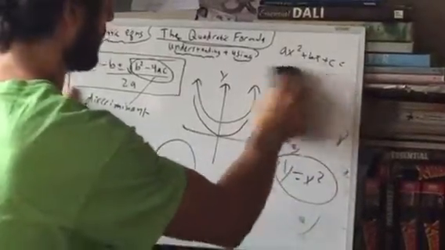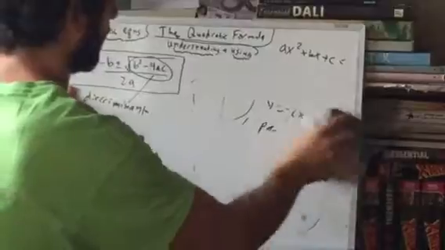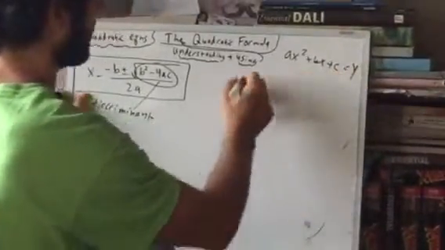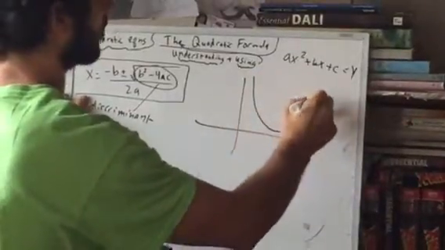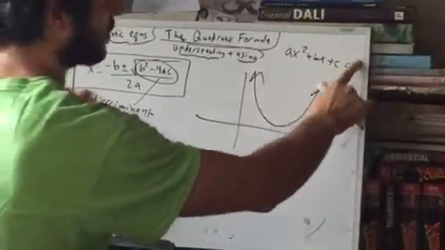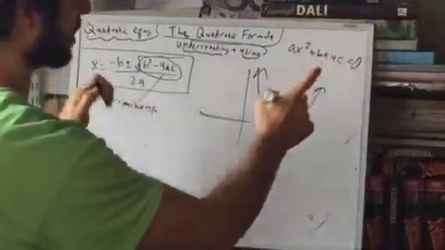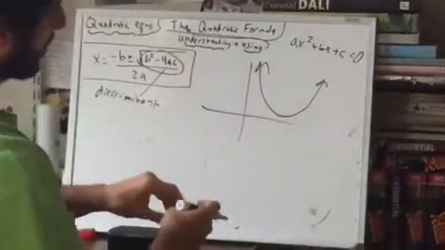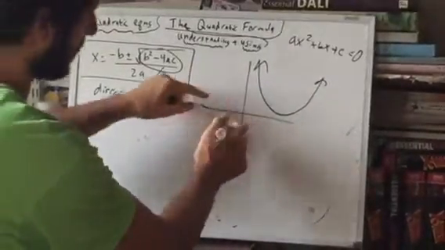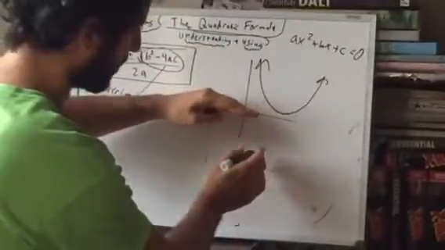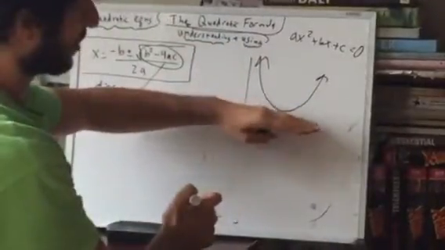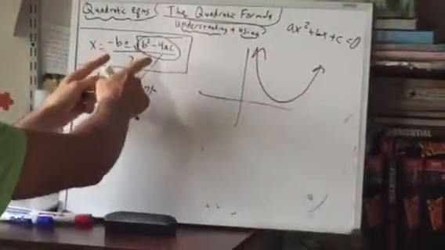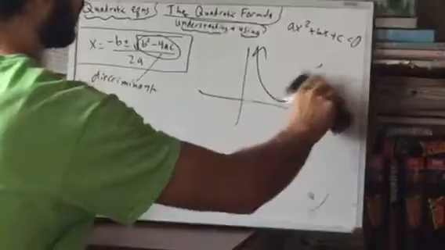so let me erase some of these. So if we set this equal to y, that's going to be some sort of general parabola. If we set this equal to 0, that's asking the question of where is the height of this thing equal to 0. Now, if you notice, 0 is right here. Y equals 0 is over here, so this thing doesn't even touch the x-axis. So this relates to what we should expect out of this formula. So let's take this example